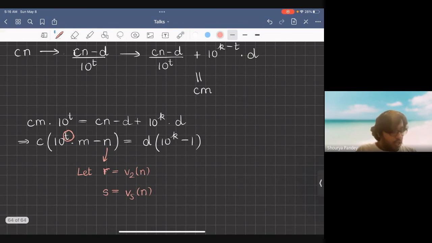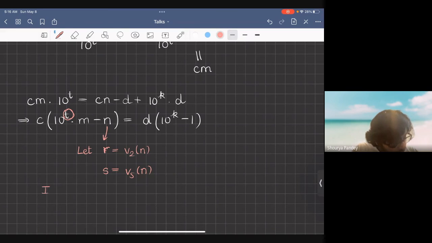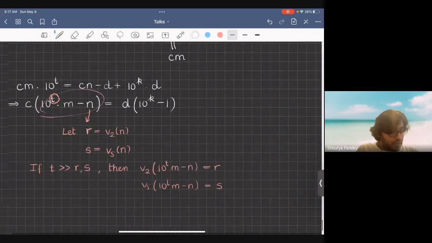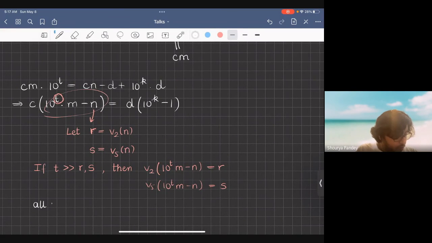The idea is that if t is much larger than r and s both, then note that the highest power of 2 in 10 to the t times m minus n is also r, and the highest power of 5 in 10 to the t times m minus n is also s, right? So all we need